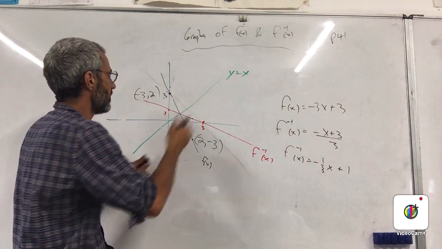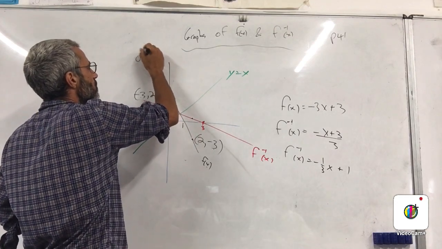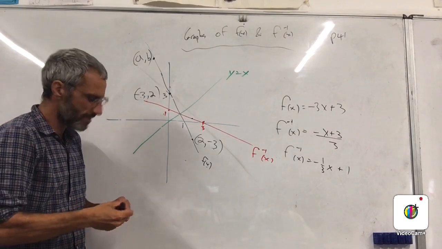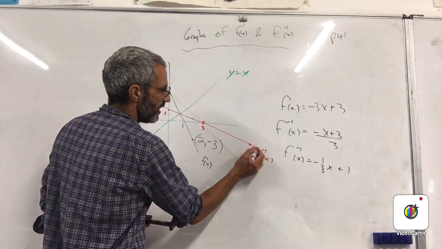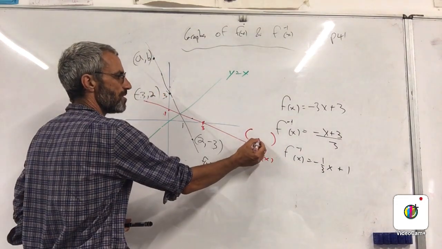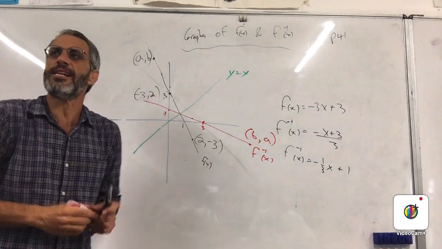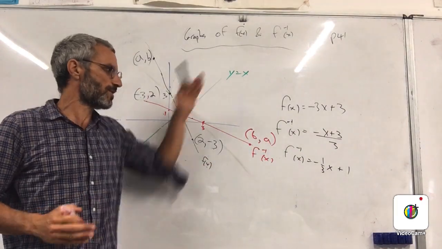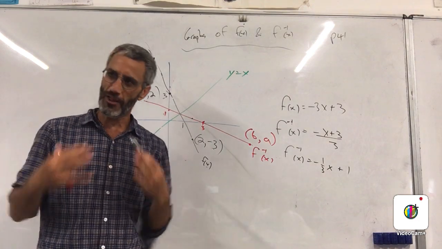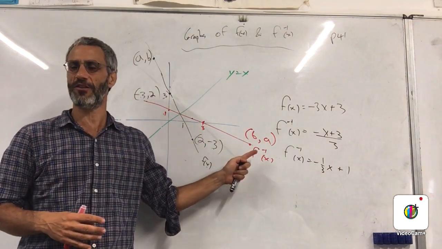I can take a number, let's say I'll take an x that is a and the y is b. If x is a and the y is b, then I guarantee, guys, that on the other side I'm going to have a coordinate which will be what? What will be the x and what will be the y? B and A. That's what it means when we say these lines are symmetrical. And if you think about it, it has to be so,